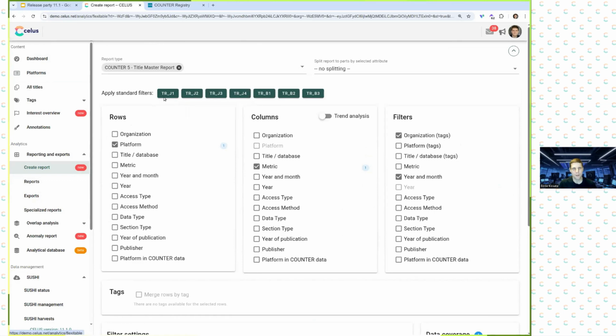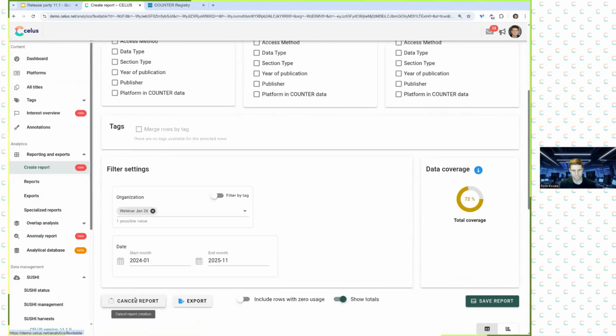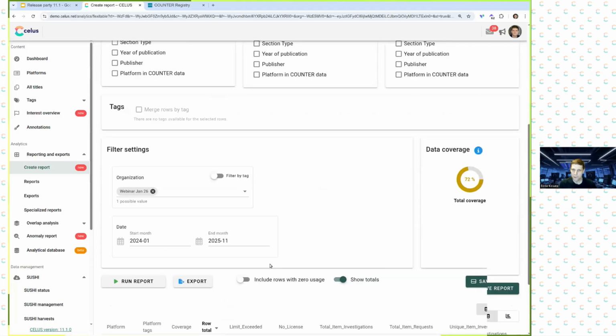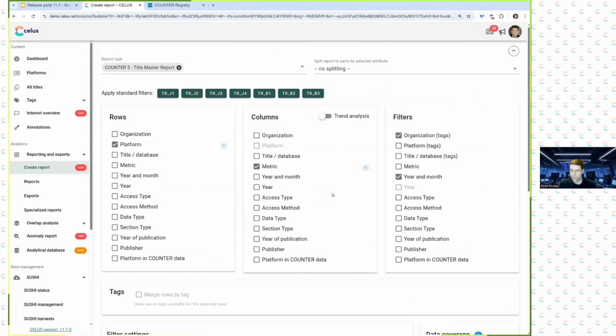So if I now use the Counter 5 title report and just use the standard first setup where I have different platforms in rows and run it, you will see that 3 out of the 4 platforms have Counter 5 title report. And if I change it now a little bit